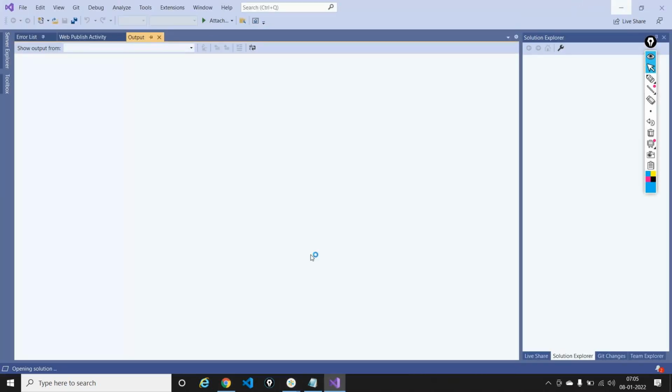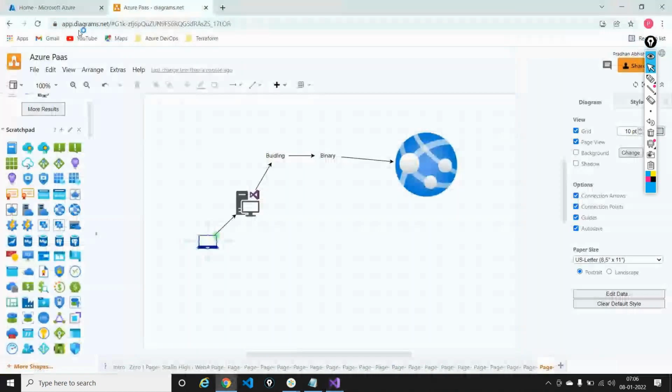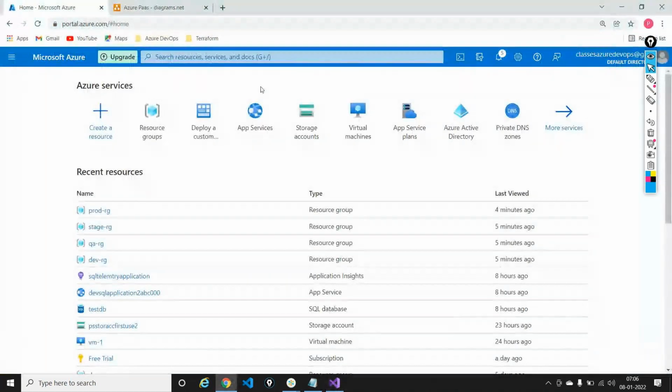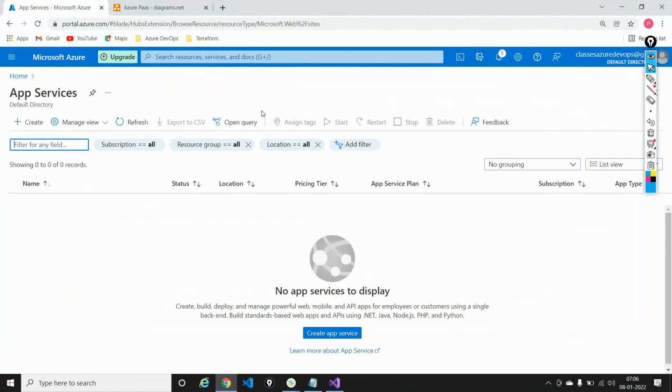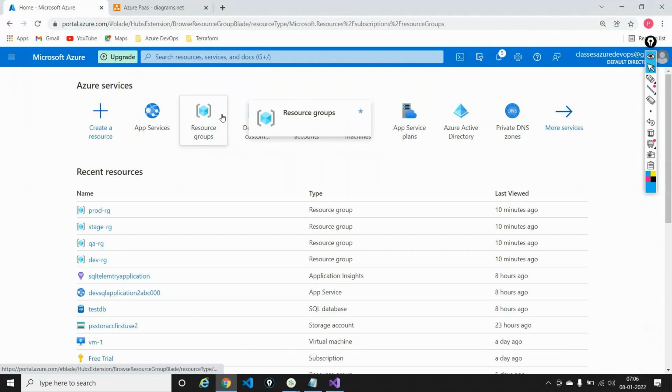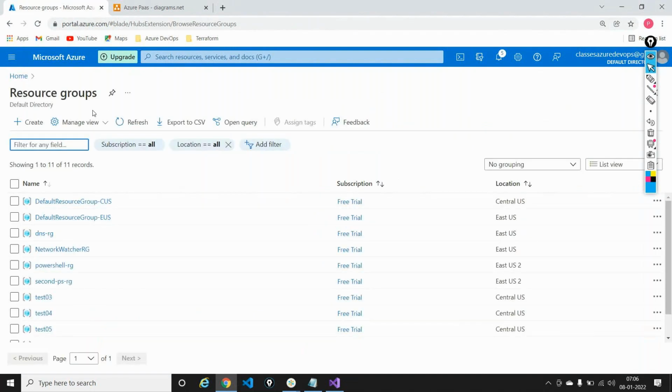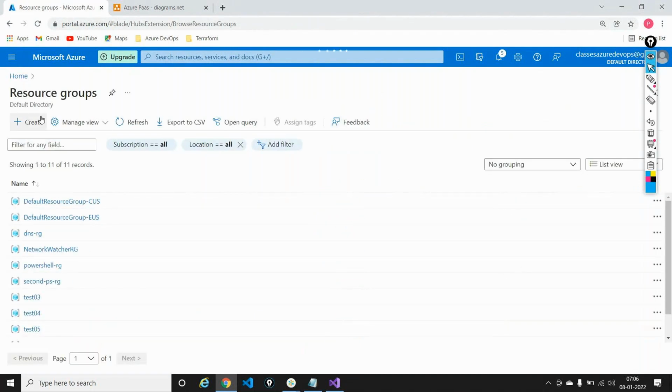So this is what we are trying to achieve right now. And yesterday we did write a code called first application. So I'm just opening up that code and let's see if I have an Azure web app that is running here. Okay, so I do not have any app services. So I'll just go ahead and create an app service for myself.